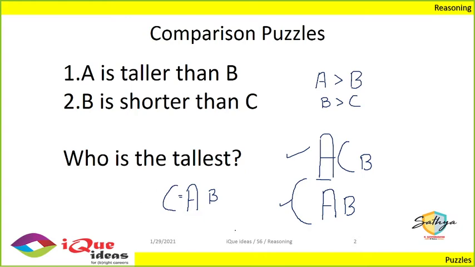So in comparison, when we compare heights, weights, ages, ranks, anything on a numeric scale, remember there are 3 relationships possible. One can be less than the other, greater than the other, or they can be equal to each other. Are we together? Did we understand that? So whenever a comparison is given, consider all three possibilities. Either one is less than the other, or greater than the other, or equal to the other. Did you get it, guys?